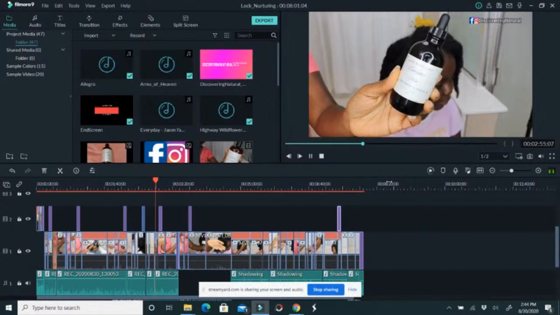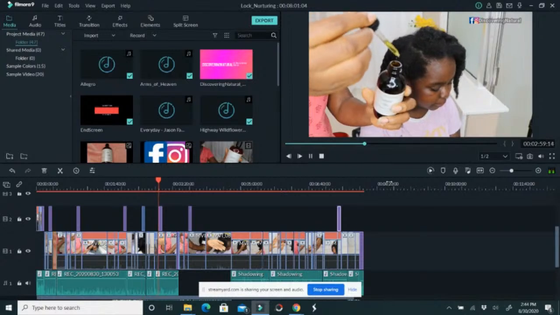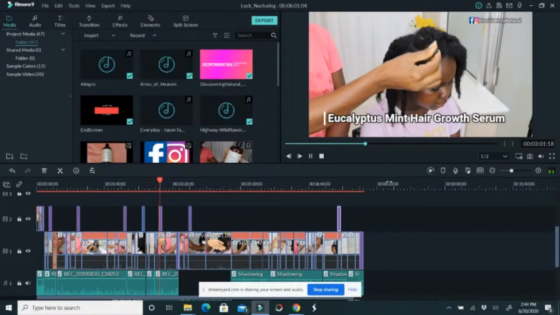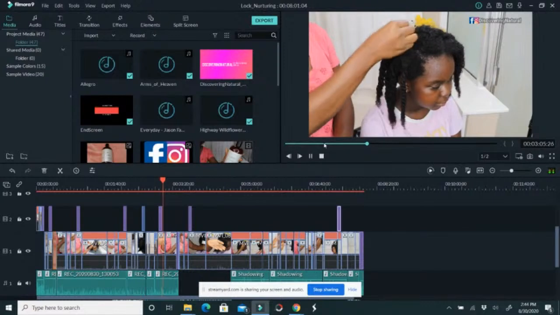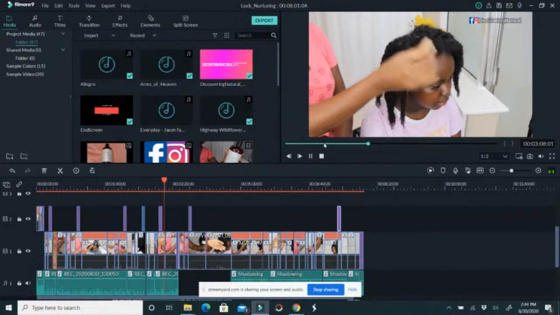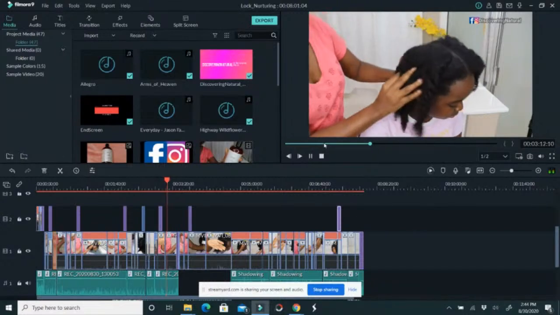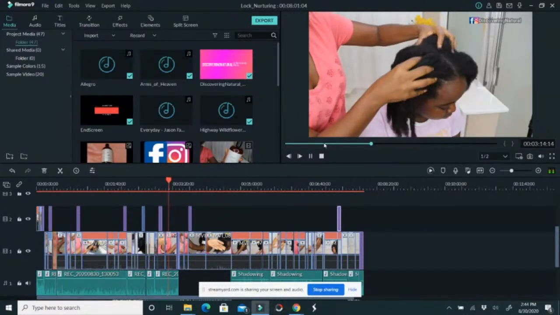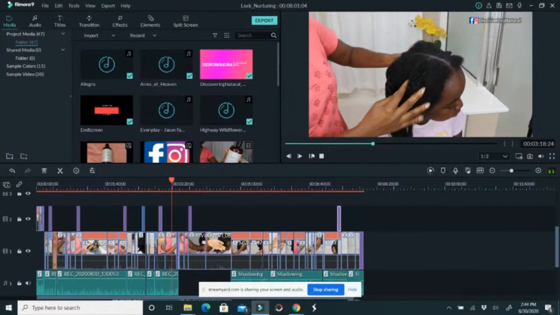Next, I'm going to be applying the eucalyptus mint hair growth serum. Now I'm going to take a little bit of this and just dab it onto our scalp really well, making sure I get all the areas of our scalp. We'll still be using this when we style our hair. Then you want to massage the scalp. Take some time, massage it, because this oil contains different ingredients such as amla, almond oil,